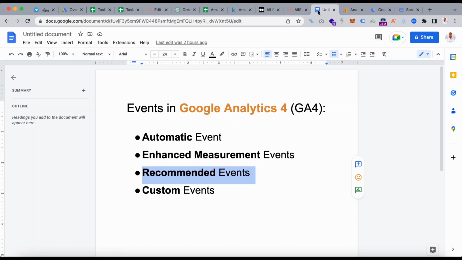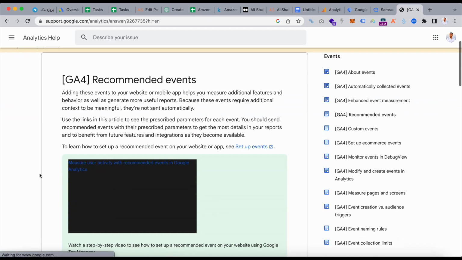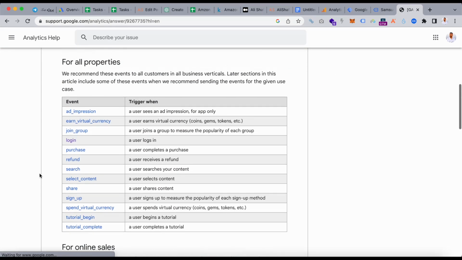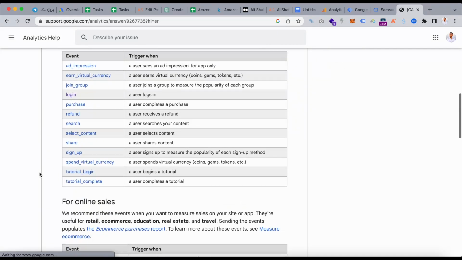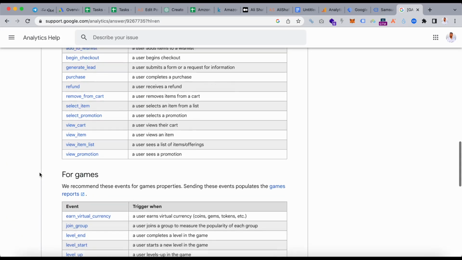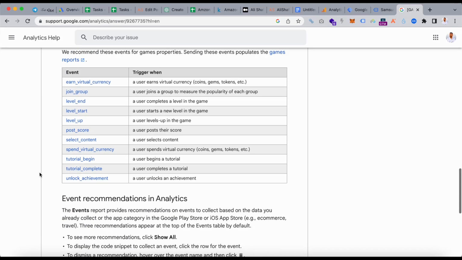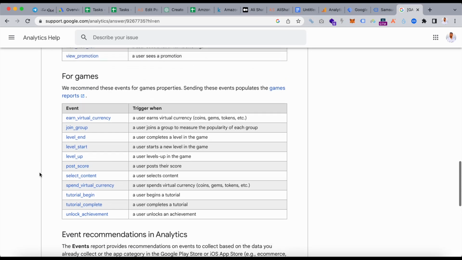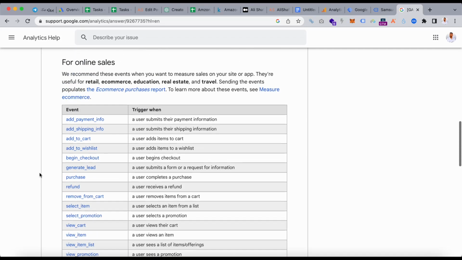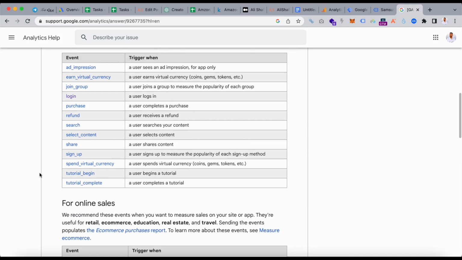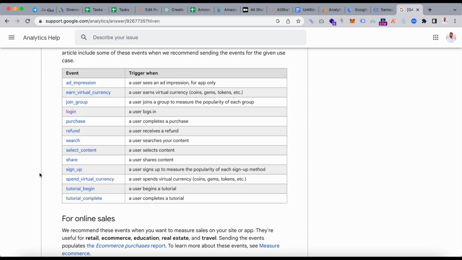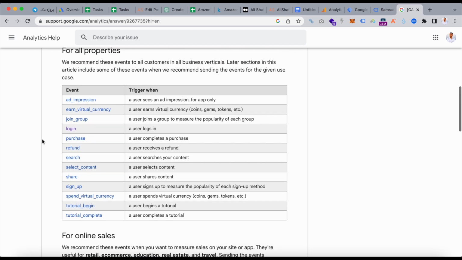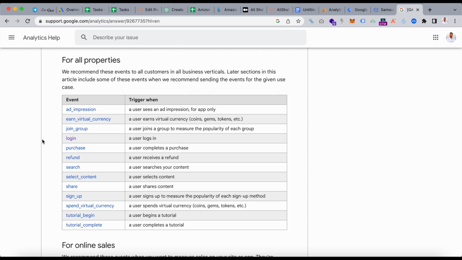The third kind of events, recommended events. Let's check out the document. These are the list of recommended events that GA4 recommends us to measure. By default they are not measured by GA4, and you can measure them yourself by setting them up. There are different methods that you can actually use to measure and set up recommended events. So I'm going to use data layer, which is one of the features of Google Tag Manager